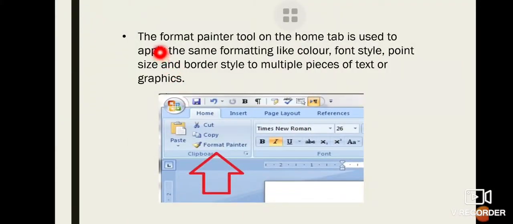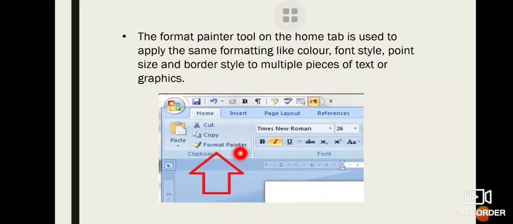Format painter. The format painter on the home tab is used to apply the same formatting like color, font style, font size and border style to multiple pieces of text or graphics. See, through format painter we can apply the same changes to the next paragraph. If you have set the changes for the first paragraph and want the same changes for the second paragraph, you can use this format painter.